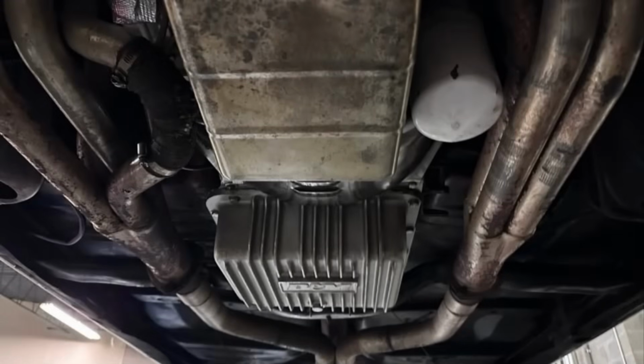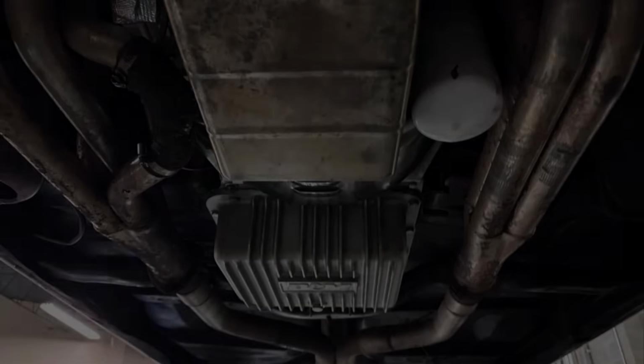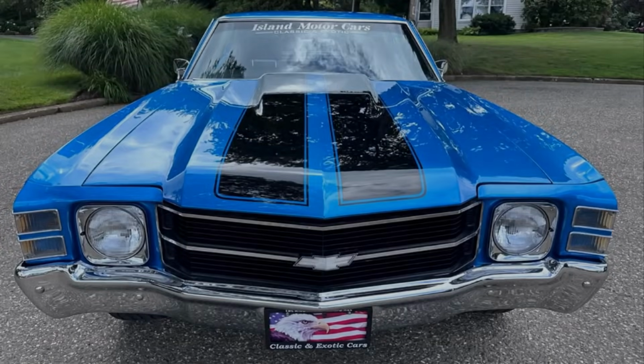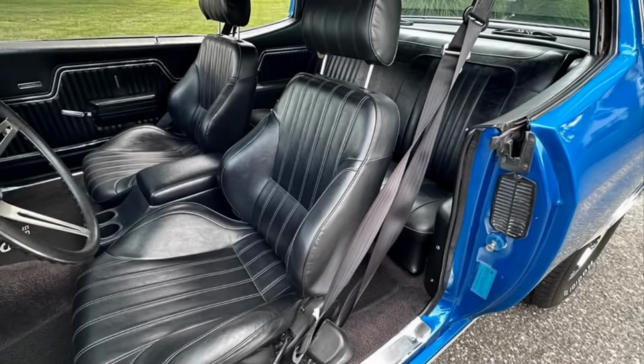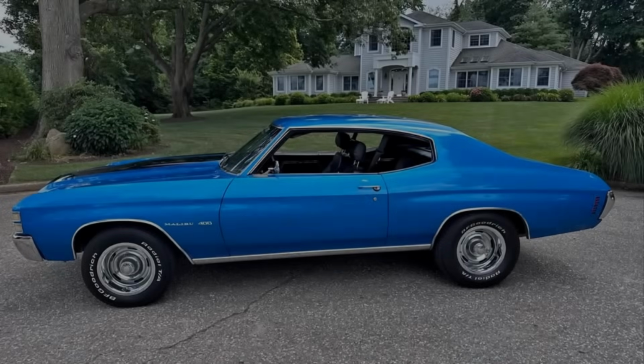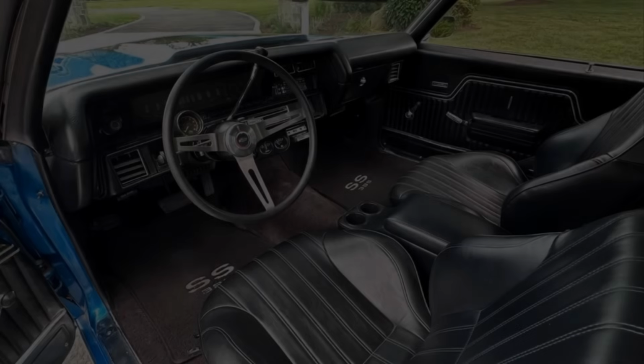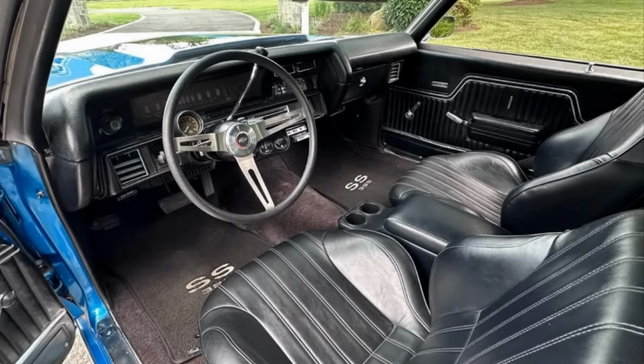Its long-term, single-owner history and consistent indoor storage speak volumes about the level of care and preservation this vehicle has received over the decades. In summary, this 1971 Chevrolet Malibu is a powerful, garage-kept classic that has been maintained by a dedicated owner for over a quarter-century. With a high-performance stroker motor, clean rust-free body, quality paintwork, and a strong automatic transmission, it stands as a turnkey